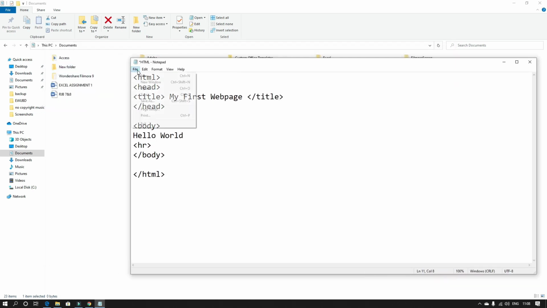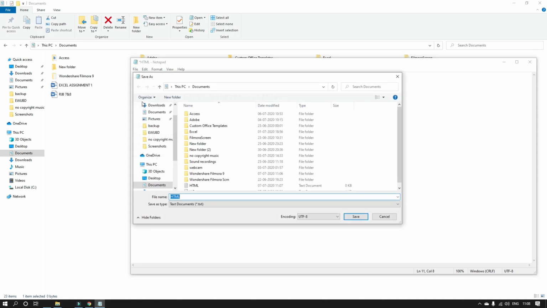Now we have to follow the process of saving the file. So File, Save As. Inside the file name area, we have to specify the file name with the extension HTML. So I'm writing mypage.html within quotes.